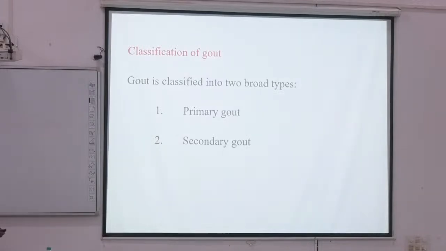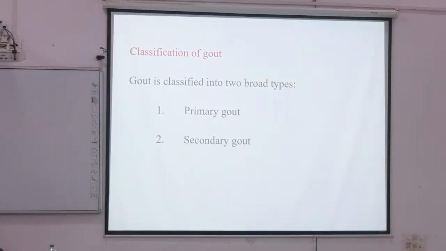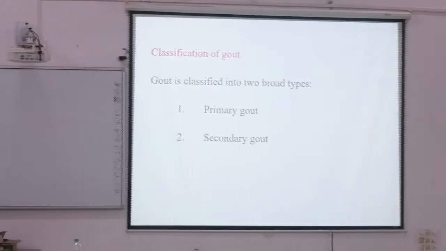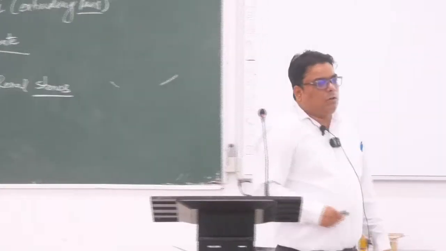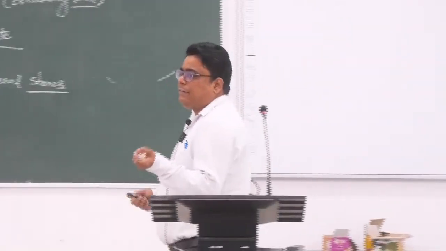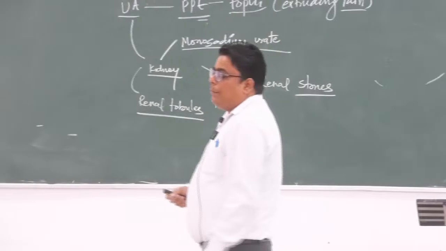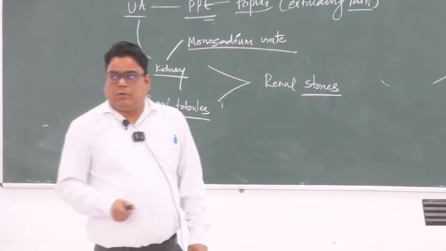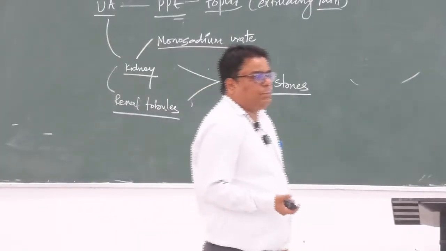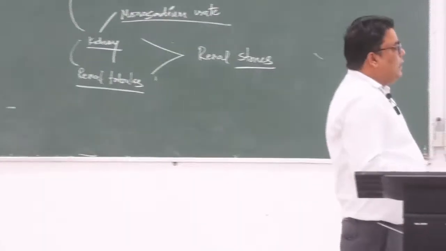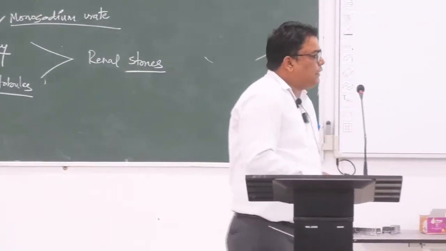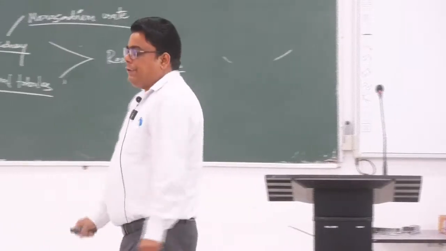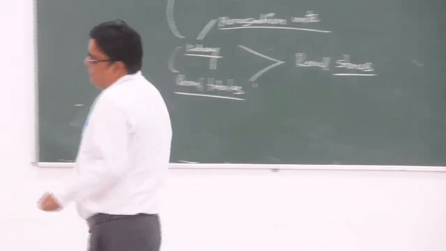Classification of gout: it is mainly primary gout and secondary gout. Okay, primary gout is basically caused by the overproduction of uric acid. Overproduction of uric acid by which metabolic pathway? Purine metabolism. Okay, because uric acid is produced by purine metabolism. In primary gout, increased level of uric acid is associated with increased synthesis of purine nucleotide. Basically,